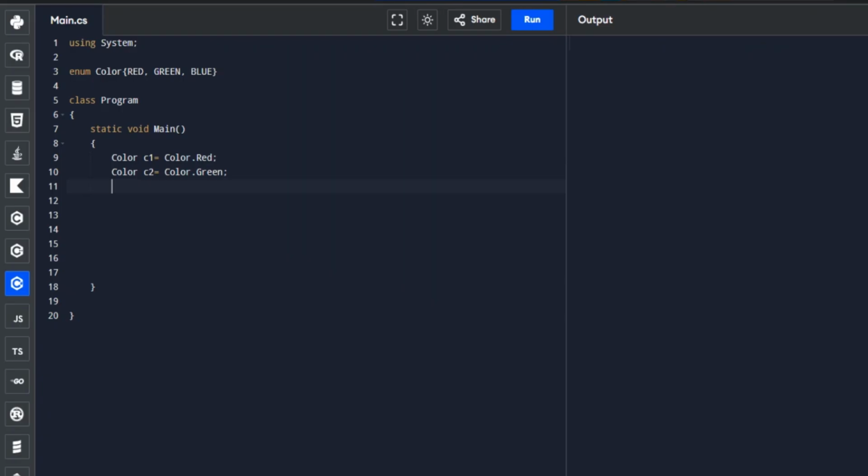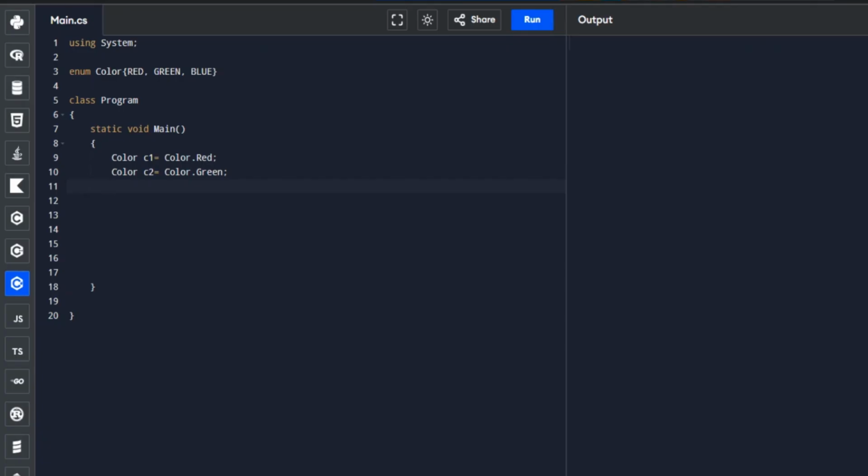Again, we are declaring and initializing an enum variable here. The next thing that we'll be doing is displaying the values of C1 and C2.